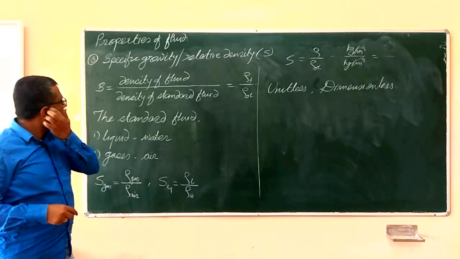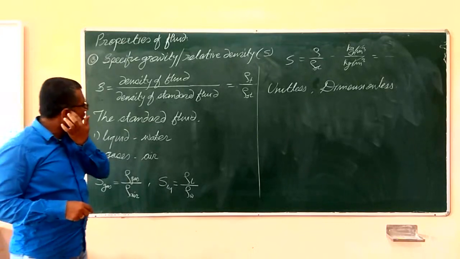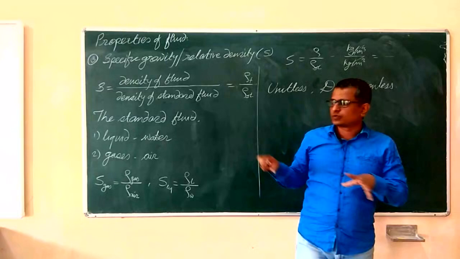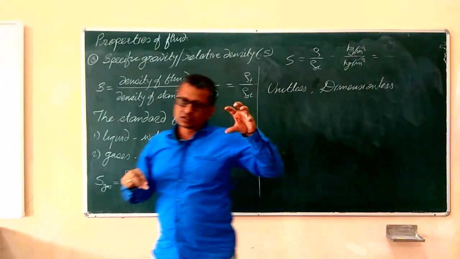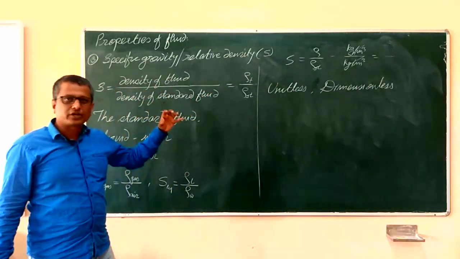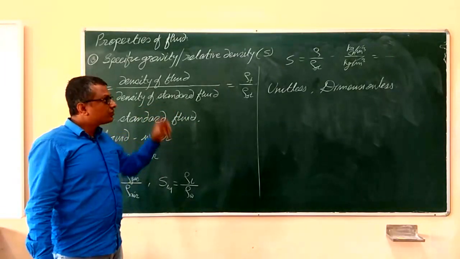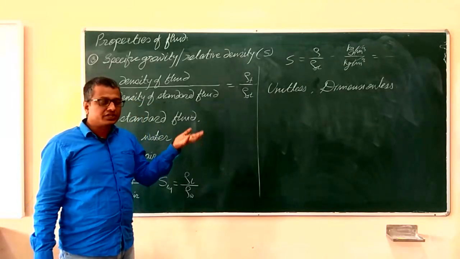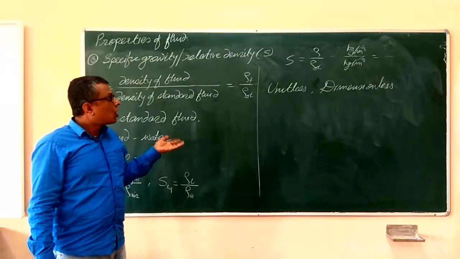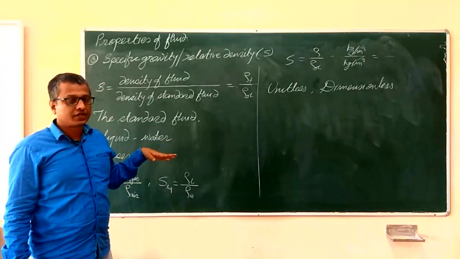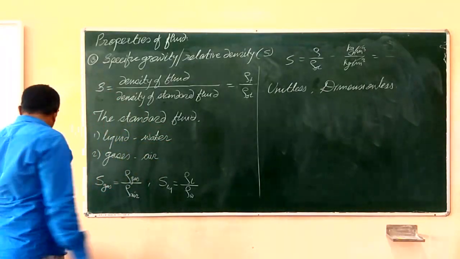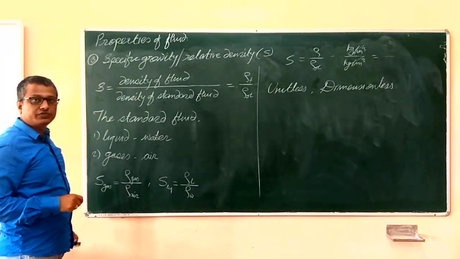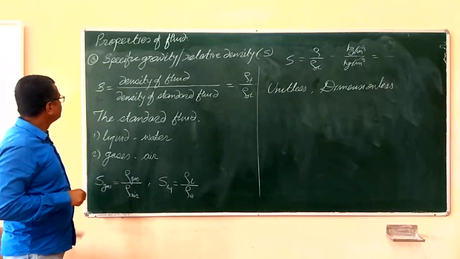You might have seen somewhere on the display screen of the petrol pump some display about how many liters of petrol or diesel they are delivering and what is the rate, and somewhere on another display you might have seen either the density of the petrol or diesel, whatever the fuel is, or the specific gravity. Whenever you go to the petrol pump, you observe this. You will see there the value of the specific gravity of the fuel or the density of the fuel.